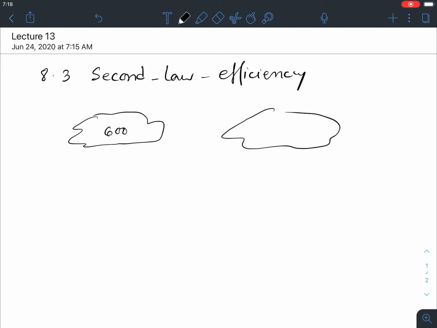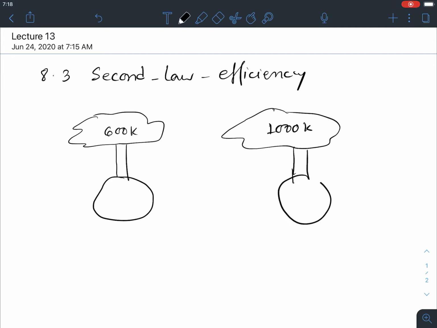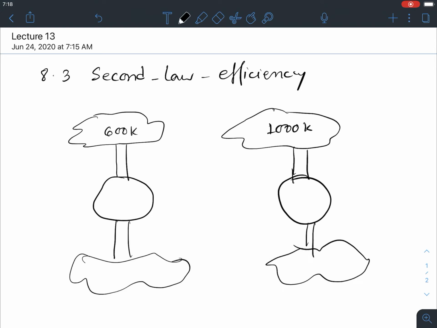So these are high temperature thermal reservoir sources at 600 Kelvin and another at 1000 Kelvin, and then a heat engine, right? Both are heat engines operating between a source and a sink. This sink temperature is 300 Kelvin and this sink temperature is also 300 Kelvin, right? So this is engine A and this is engine B. So the thermal efficiency of engine A is